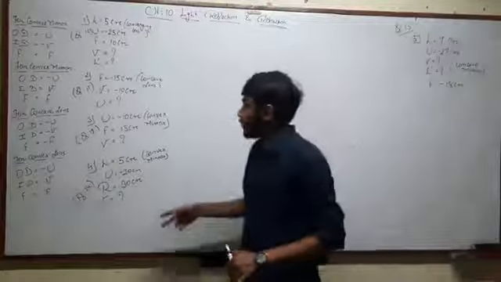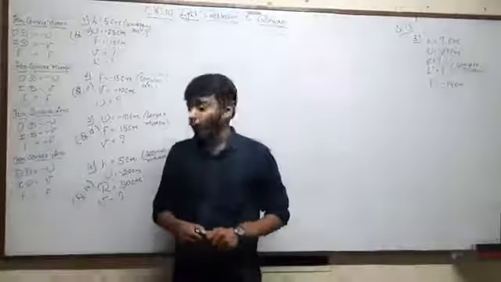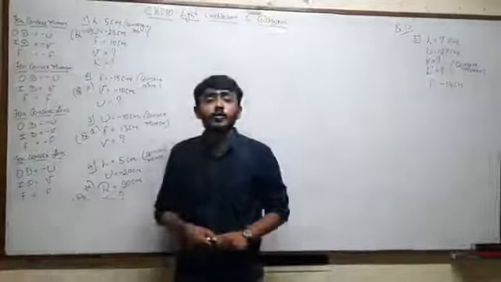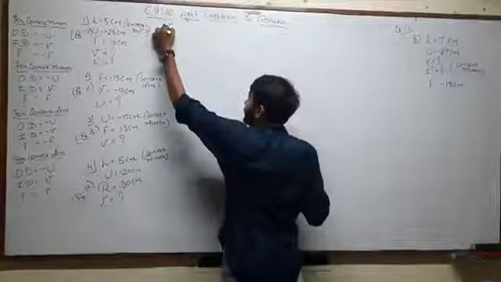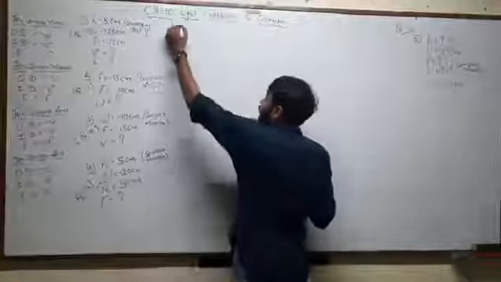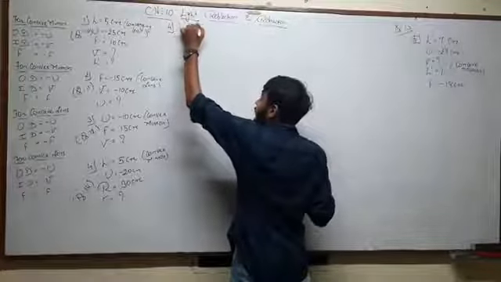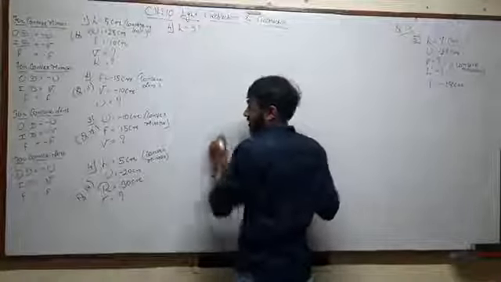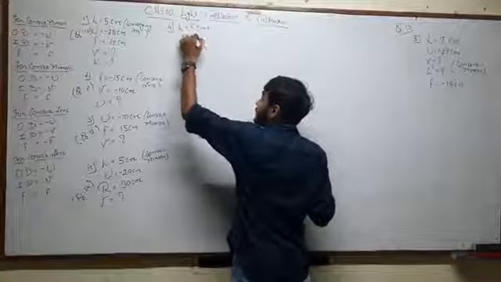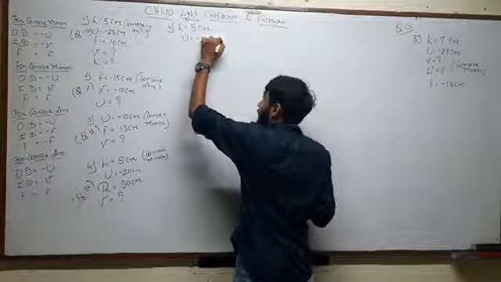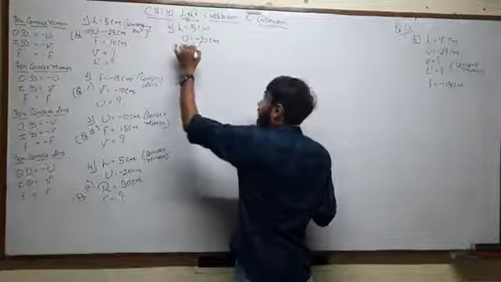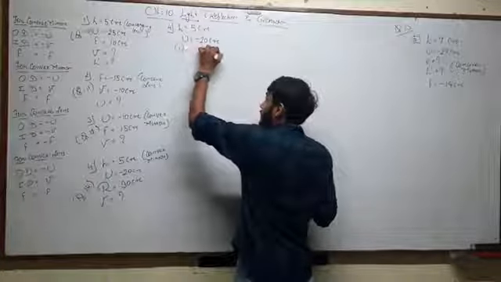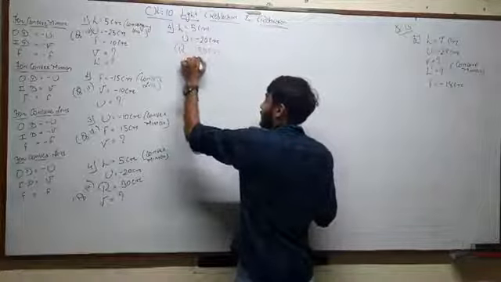Okay, let us move on to the next sum, that is the fourth, and that is of question number 14 of your textual exercise. What they have given us, they have also given us the height. That means we need to find the magnification. They have also given us the object distance, that is minus 20 centimeter. They have given us the radius of curvature, 30 centimeter. We need to find the image distance.